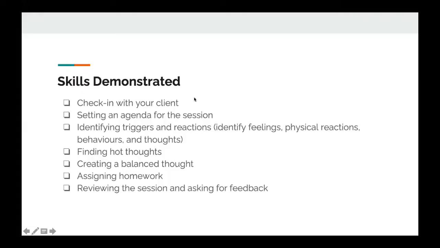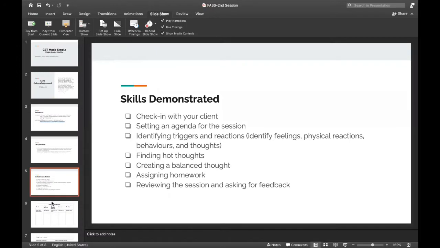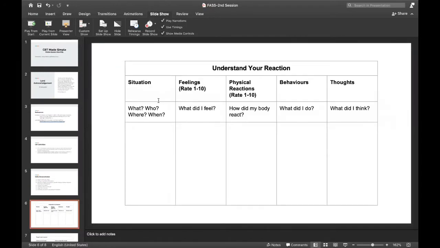Okay, so this is the understand your reactions chart. So we'll go through situations, feelings, physical reactions, and behaviors and thoughts, and we'll kind of make a list here. Can you give me a better sense of what's involved with the barbecue? For example, who was invited, where it's happening, and when? And I can just write it down.